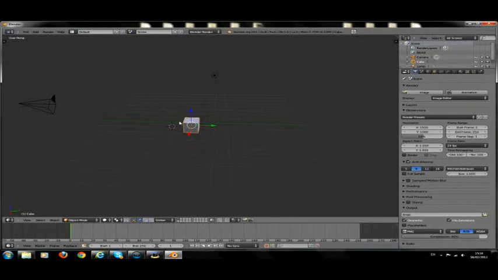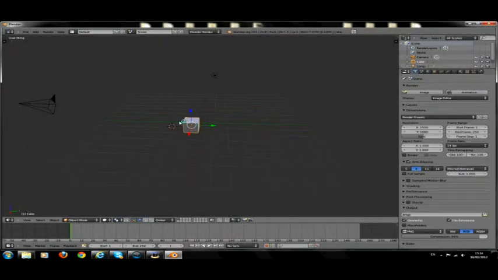To make the 3D view the main highlight, you press Shift Space, or Shift Space again to get rid of it. So there, that's basically the menu system of Blender. Now,